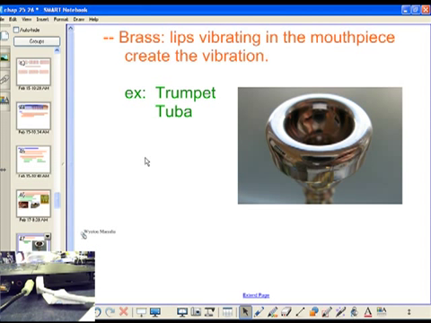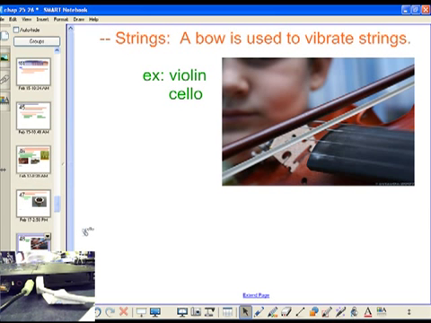All right, so you get the idea, and it's the valves that change the length of the instrument, or you might have a slide like a slide trombone. Changing the length of the tubing is what changes the pitch of the instrument, just like the keys on a woodwind do the same thing. Which leads us to our string instruments. Now, string instruments, just